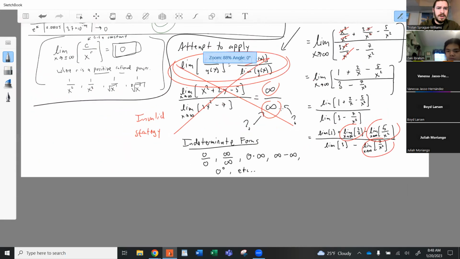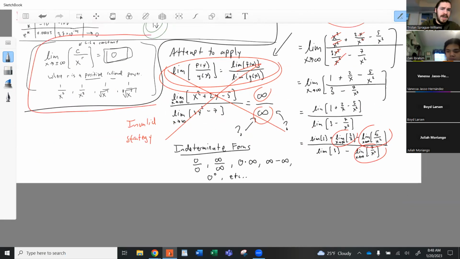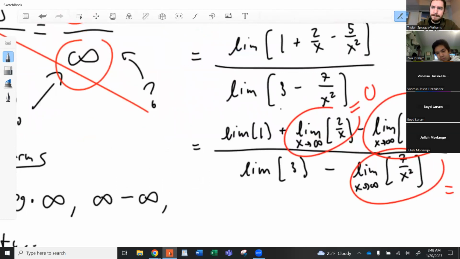fall into this case, where they're all a power of x in the denominator and a constant in the numerator. All of those limits are equal to 0, right? So that equals 0, that equals 0, and that's equal to 0. So they're all 0, but then we have these two limits at the beginning,